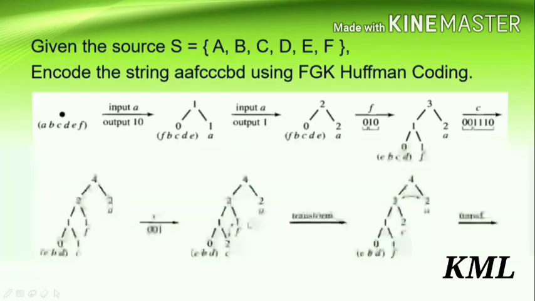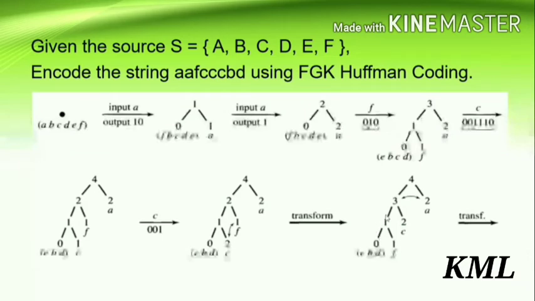So which is the previous block here? See here, we move from 4 to 2 1 1. So this block is the previous block. We have 2 elements here, so you have to swap this violating node with the leader of that block. So who is the leader? The element which is encountered first. So we swap this 2 with this 1. When you swap, the input letters also get swapped with them. Please remember that. So after swapping, what you get? This 1 comes here, F, and this 2, C, goes here.